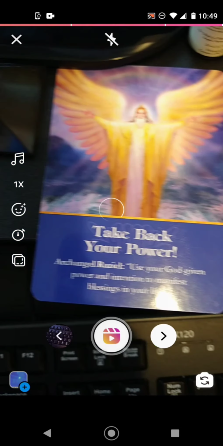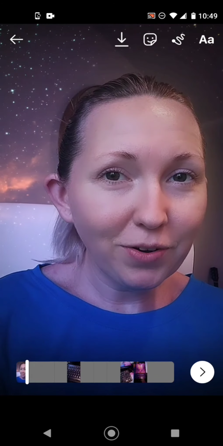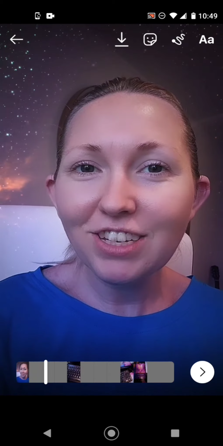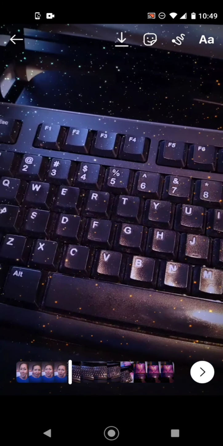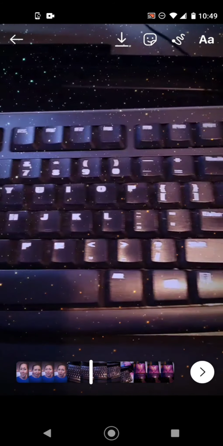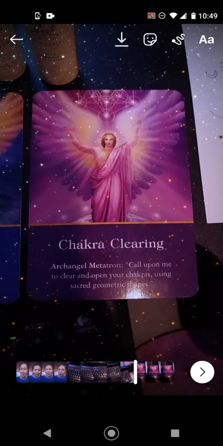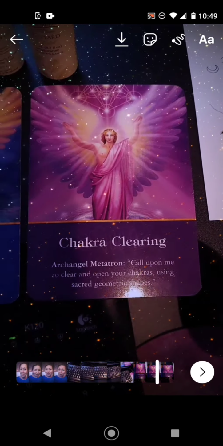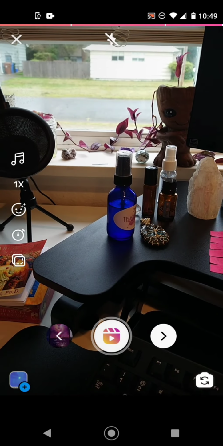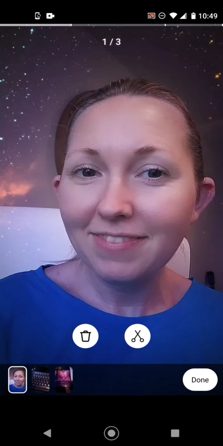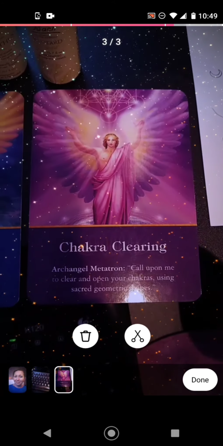And then it's going to show you your video. Boom, here it is. This is what the 15 seconds looks like. And then we're going to look to, if you like the video, you're just going to click this arrow to the right. And if you want to edit, you'll click the arrow to the left and just delete any one